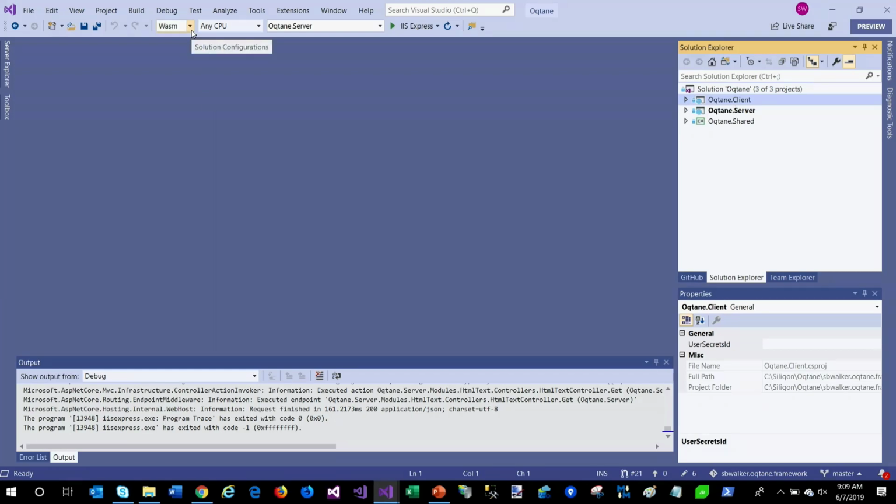It's got a shared project, which is where a lot of the models are stored that are shared between the server and the client. On the server, it's got a whole set of API controllers for the different types of things that you would expect, like sites, pages, modules. It's got a repository pattern, which is how it gets the data. So I've tried to use more modern patterns as much as possible. And then on the client side,